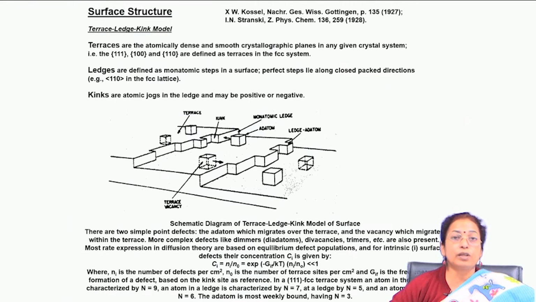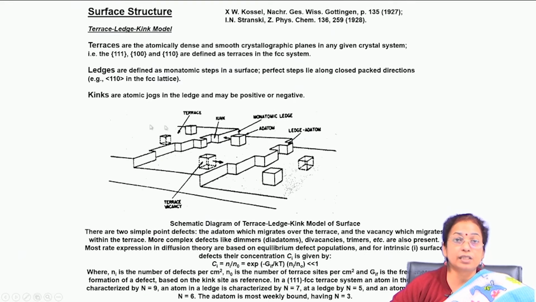So, all these phenomena you will observe in the surface if you see under ultra high vacuum. This is the typical terrace ledge kink model, which has been established by 3 scientists, and you will find that in the surface, if you see the atomic arrangement, the atoms are really very much free to move. Not only are the surface energies higher, but also you will find that on the surface there are many free